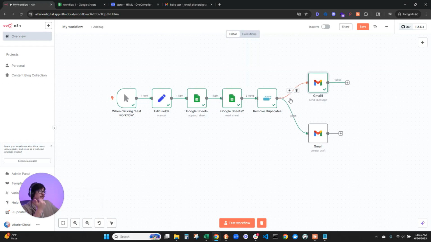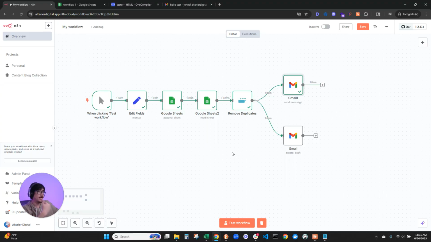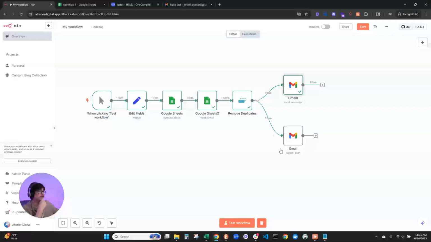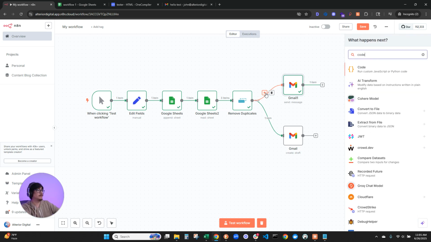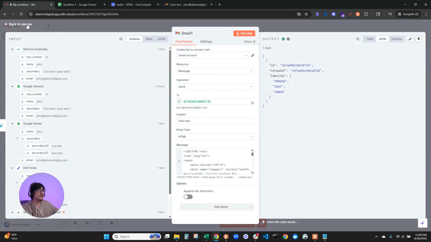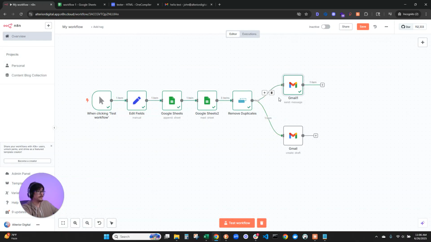So great. So you guys have seen how we can add HTML to the email. Now, this is not my preferred way to do this. I would prefer to have it in a code node, okay, and then pass that output to the email. But this works as well, right? This works as well. Okay, so now that we got that, I'm gonna stop the video here